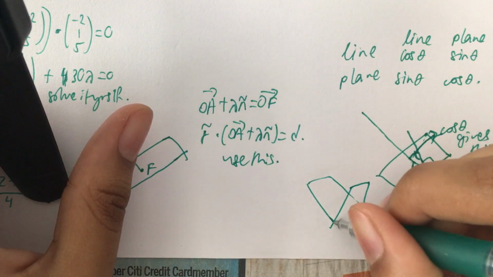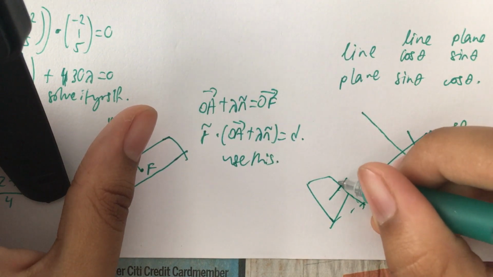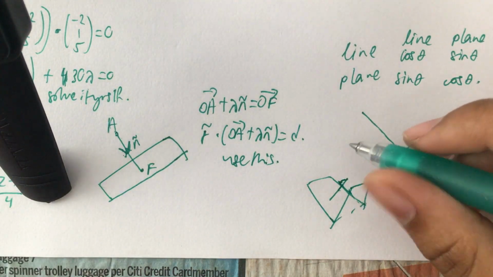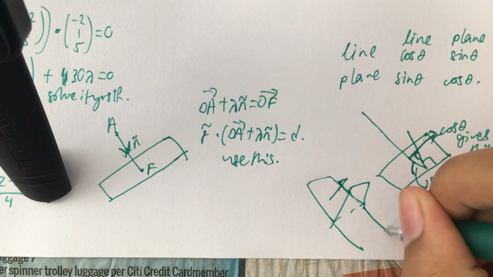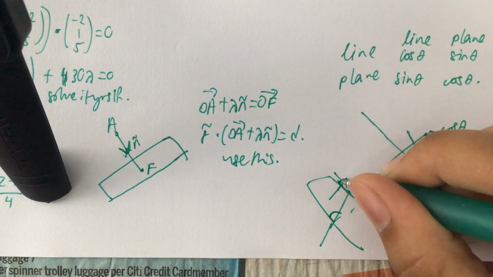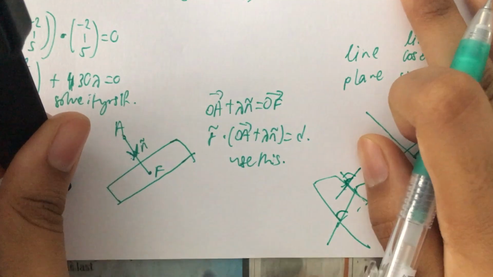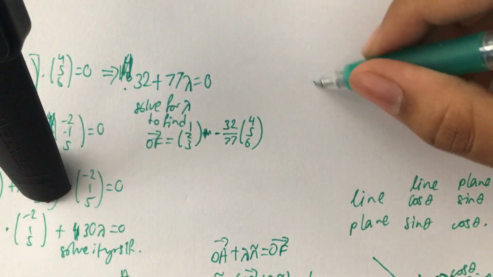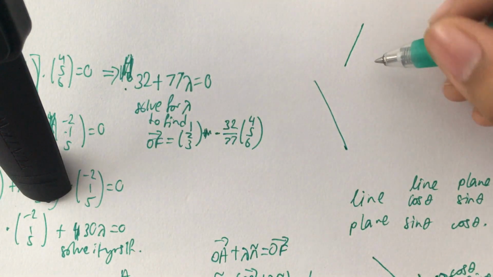So for the lines, they put in brackets coplanar or skew. If the lines are in the same plane, I guess you don't really have to worry too much about it. You can just do the dot product like you usually do. But if they are skew lines and they never intersect, then can you get an angle between the two? Well, you have to imagine as if they are intersecting, and yeah,